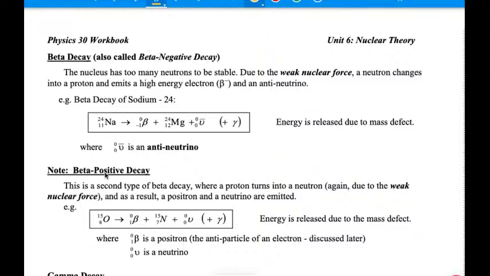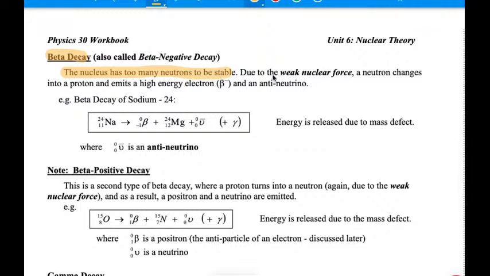Positron would be positive, this electron would be negative. So nice and easy naming, should be good to keep track of that. So beta decay, either one of them is going to happen when we have too many neutrons. So instead of having too many protons like we did with our alpha decay, we now have too many neutrons